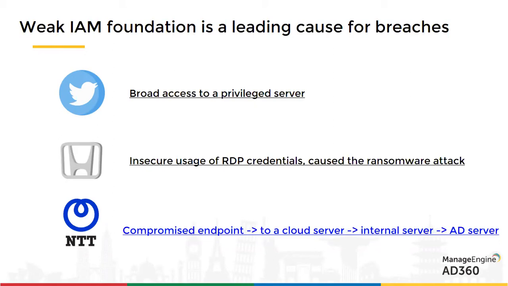So if your internal users and if their access is not controlled, two things may happen. The first thing is breaches will spread faster because once an attacker discovers that one of your user accounts has permissions that he or she was not supposed to have, the attacker will leverage those permissions to gain deeper access into your network, right? Another reason is that a weak IAM foundation can be the root cause for security breaches, right? The Honda example that you see in front of you or the NTT breach example are both classics of weak identity and access management,